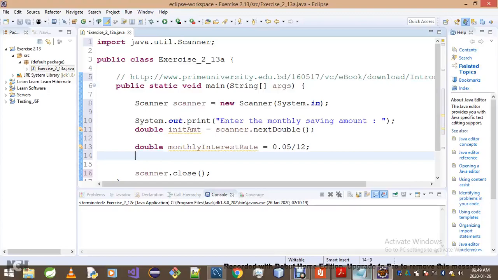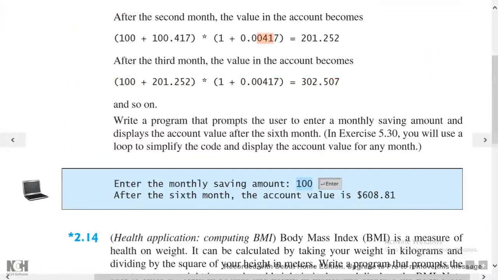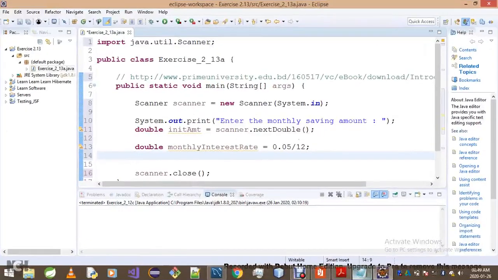There's this constant here. If you notice this number, 0.00417,